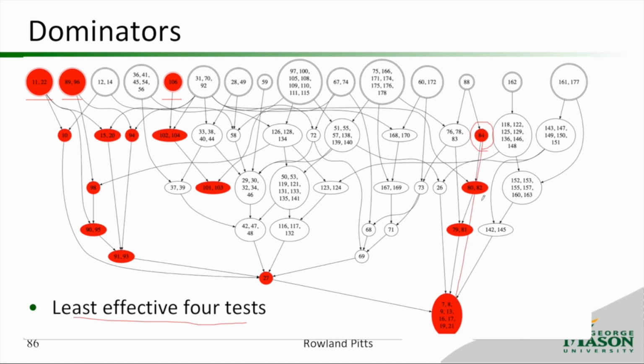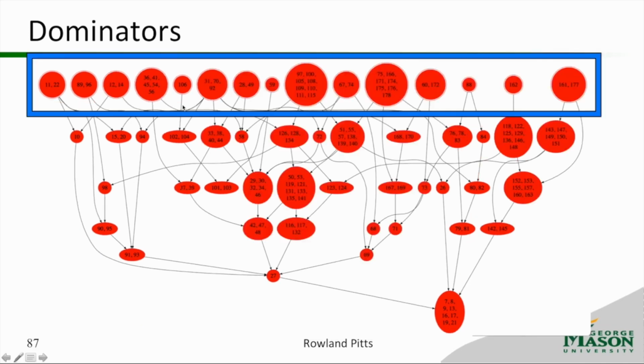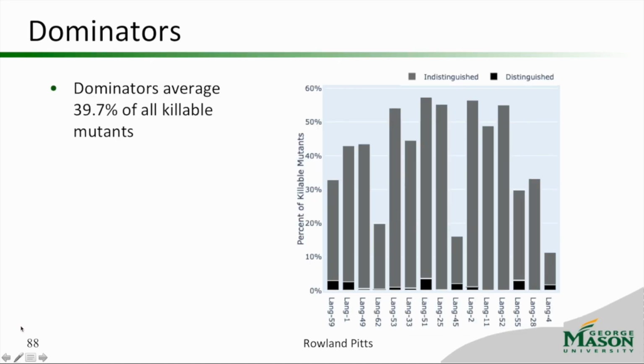And again, because of the behavior, that increases the probability of others. But some of these are not even relying on that phenomenon. They are directly killing dominator mutants, 3 out of 4. And dominators make up approximately 40% on average across all of our subjects, and non-dominators are 60%. You can see that graphed here,